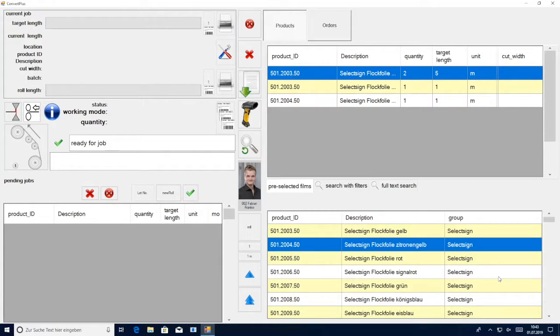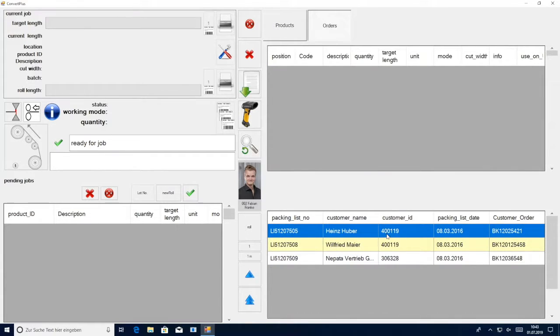We are also able to integrate your current ERP system with Convert+2, which eliminates the need for manually selecting products and using a pick ticket system. If the software is configured this way, all orders that are placed will be displayed in the Orders tab. Here we have examples of what it would look like if your ERP system was currently configured with Convert+2. So if the product purchased by the customer is in this Convert+2 database, this information is sent to the Convert+2 software using CSV files from your ERP system. This file can contain certain items like your packing list number, customer name, and many other fields that are displayed right here.